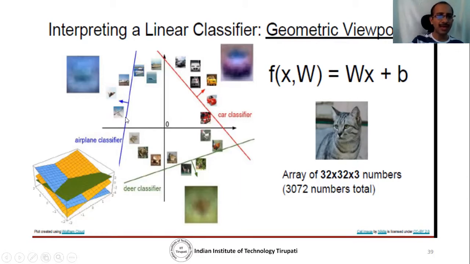Similarly, this is the aeroplane class. This side the score is positive, this side the score can be negative, or the score is above a threshold. Okay, the way in which we train decides whether it is positive or above threshold and so on. Similarly, for the deer class, it is like this. So each class is being separated in different regions in that feature space.